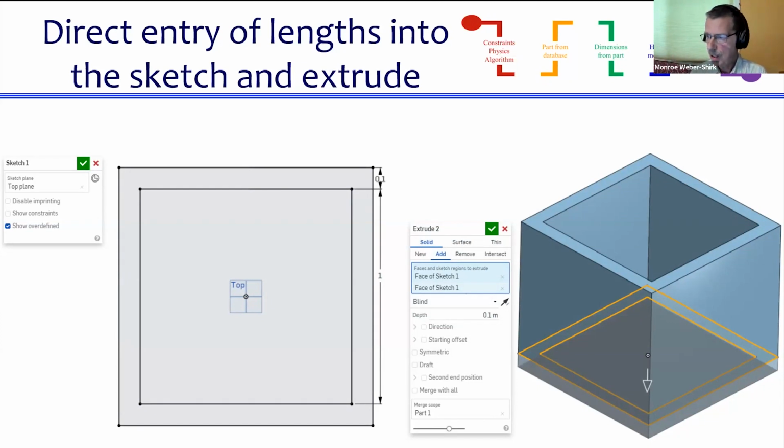And so we could just say, okay, we'll make this be a meter by a meter by a meter, and we're going to make it out of concrete. And so we're going to have walls that are 10 centimeters thick. So here we go. We can create the sketch of the bottom of the tank, and we've got the meter internal dimension and the 0.1 meter for the wall thickness.